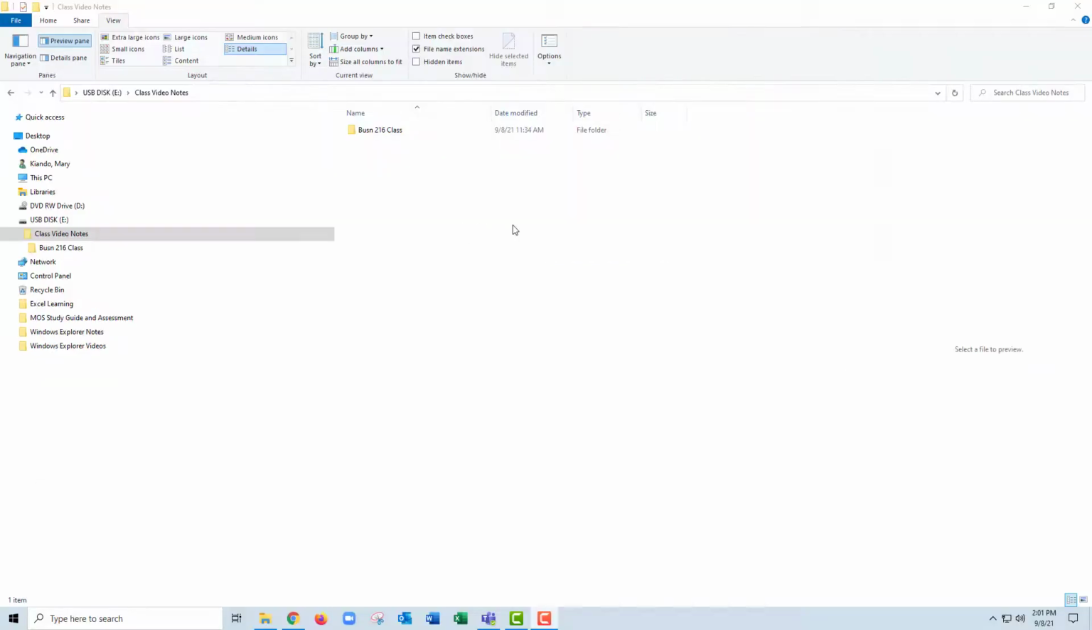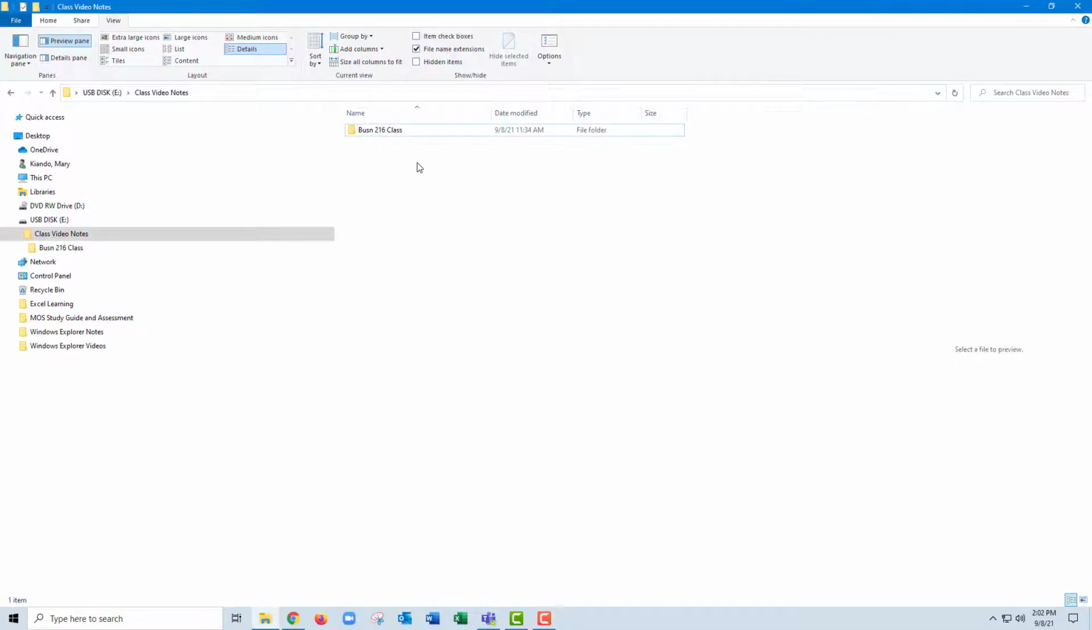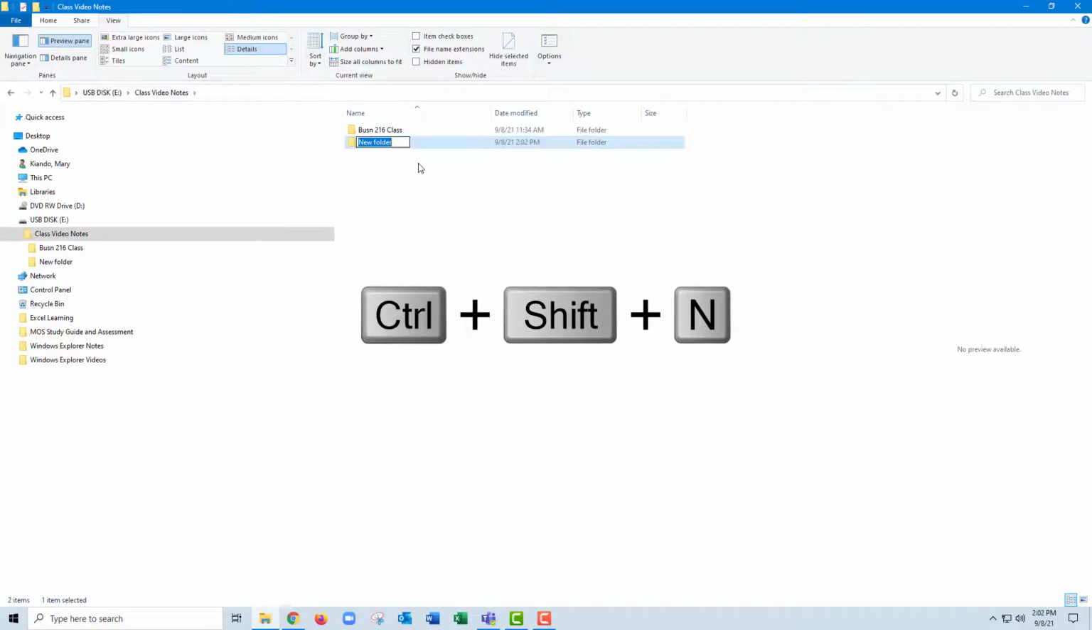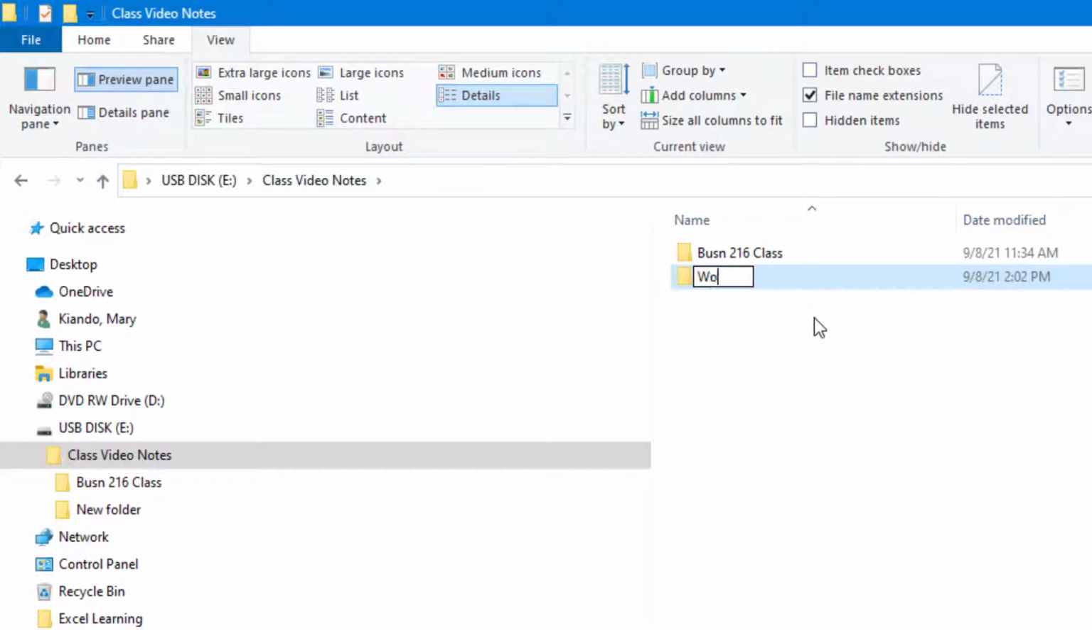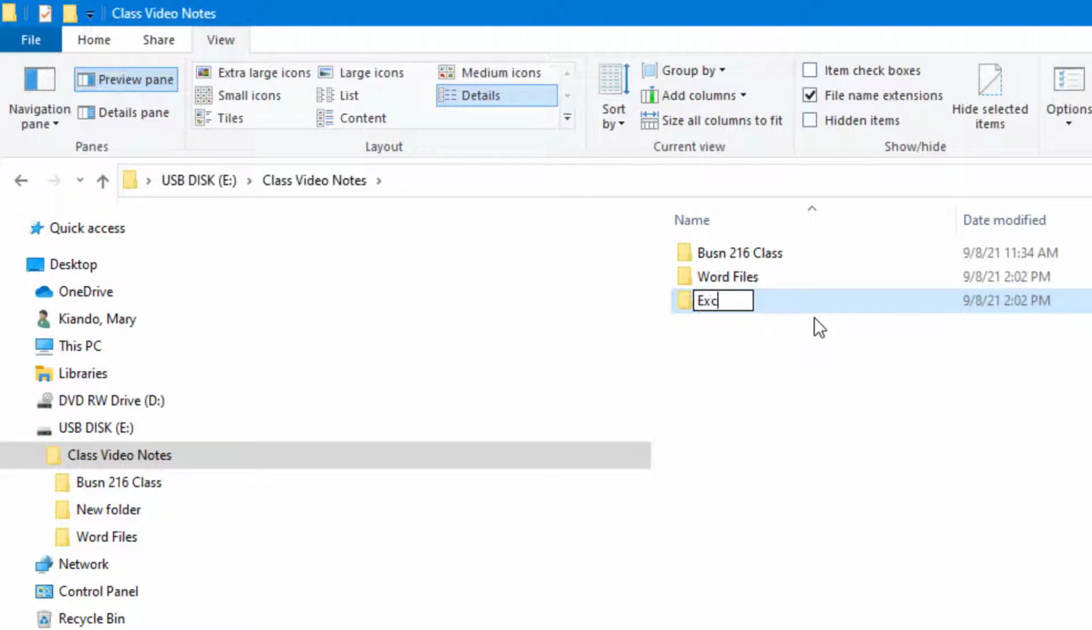The next thing that we'll learn is to create files in Word and Excel and save that in our folders. But before we do that, let's create the folders that we would save our files in. I have my folder here selected where I want to create those folders in, and on the white space I will create new folders, Control Shift N. I have my new folder. I will name these Word Files, enter, and I'll create another folder, Control Shift N. I'll name this Excel